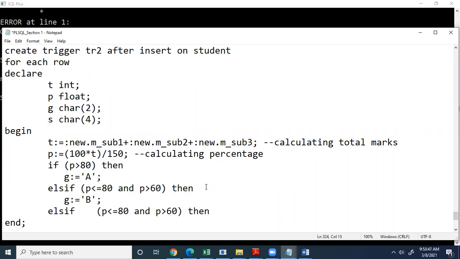We specify 4 conditions only. So if P is less than or equal to 60 and P is greater than 40, then grade is equal to C,